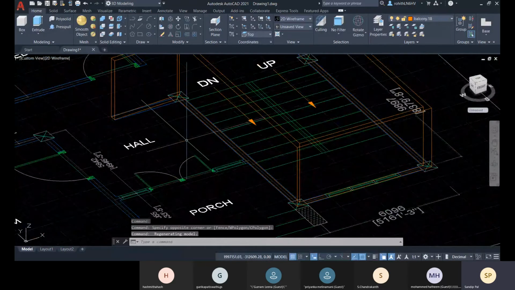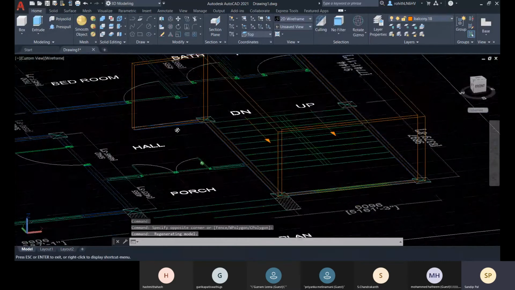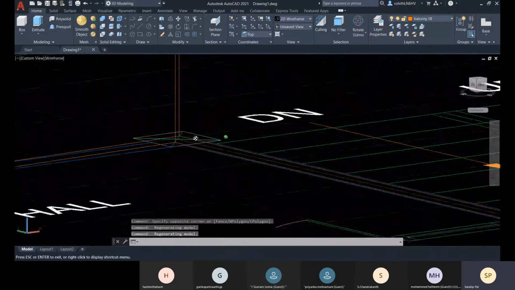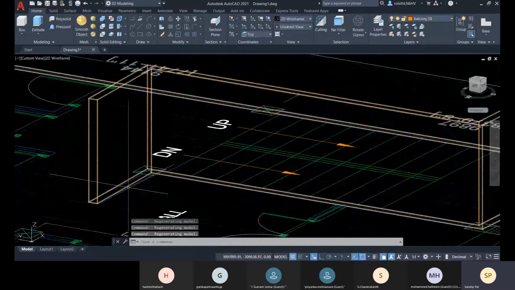So to rotate the screen, you hold the shift button and mouse middle button. You can do this.